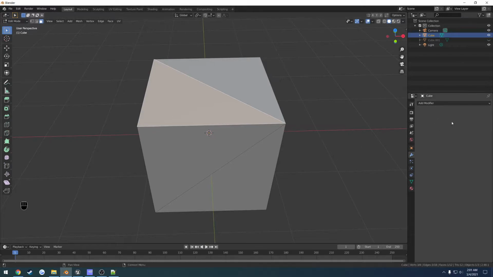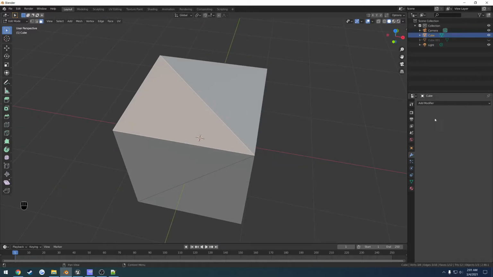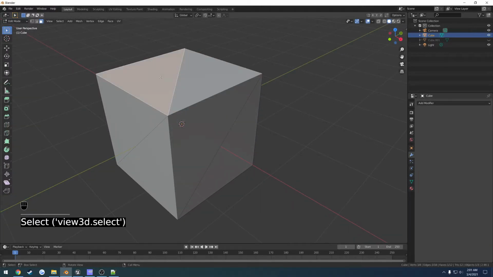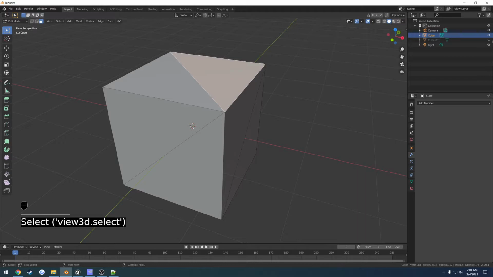Now, you don't actually want to apply the modifier when you're working. You just want to leave it there. So you're still working with potentially quads and n-gons. It's not actually going to clutter up your mesh that bad, because then you'll have to actually redo it. But this is actually the result of what you're going to get when you import into Unreal Engine